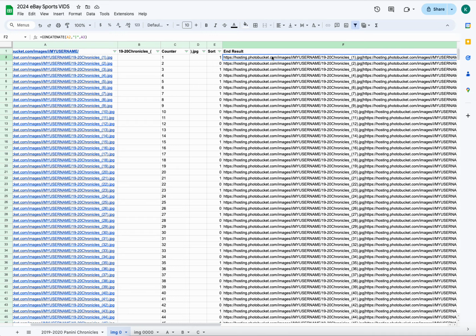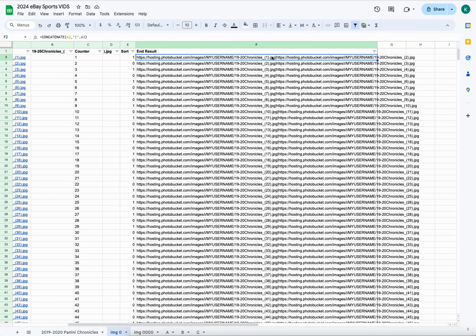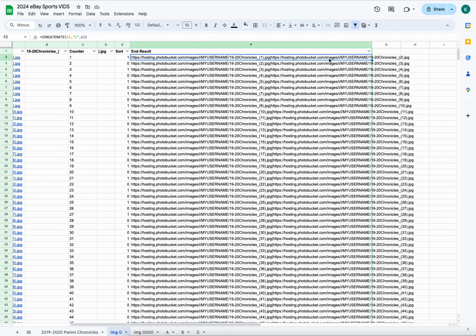The only thing I have to do on this sheet literally is change the file name in which I named all of these files. And that was easy. That was 19-20 Chronicles. Type it once, and that step is done. So I now have a list thousands long of the exact file name. My username will change here. The exact file name at PhotoBucket, my host,